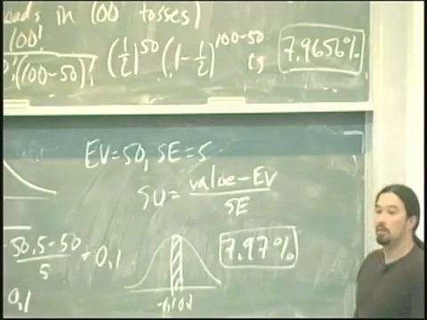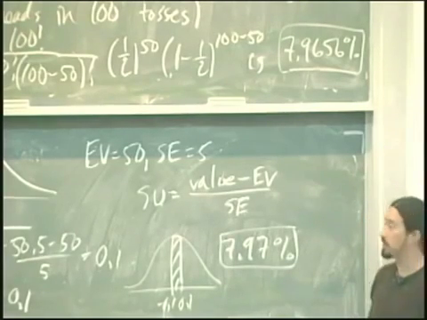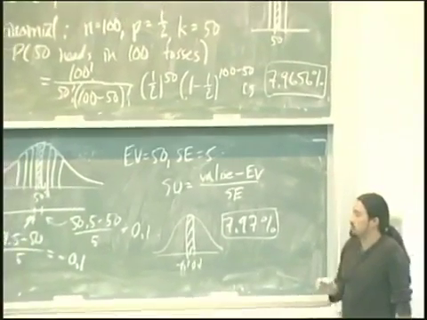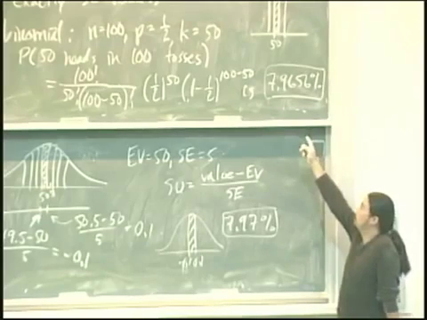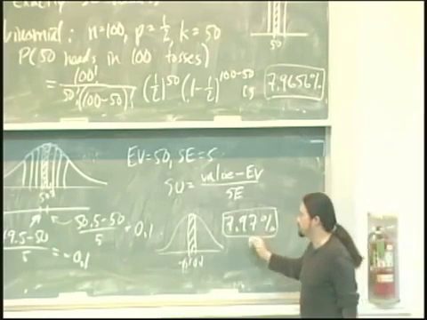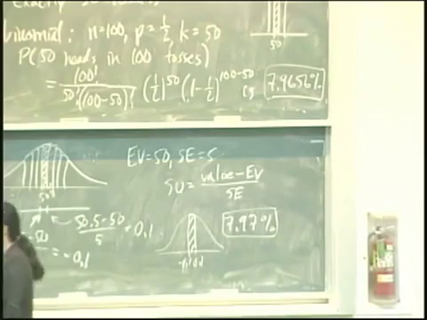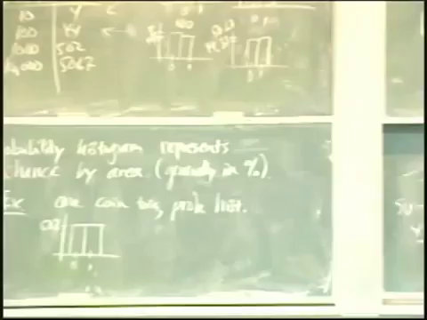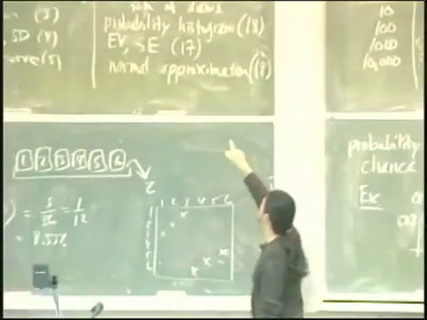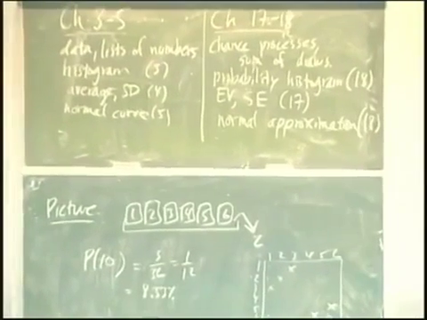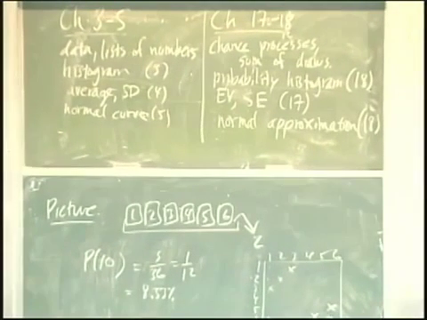So the truth, the right answer, is the area of the bar, right? The area of the bar truly gives us the chance of getting 50 heads in 100 coin tosses. It's approximately the same as what is going on with the normal curve. So that's why it's called normal approximation. It's an approximation of the area of a bar or a bunch of bars for the probability histogram. Okay, any questions on that?